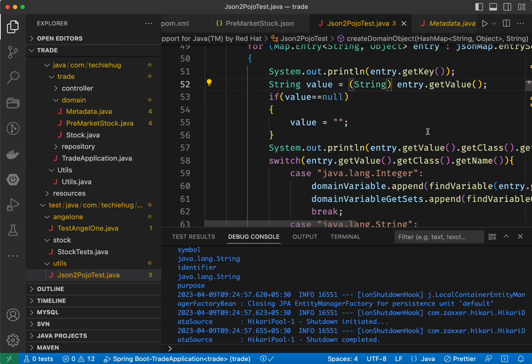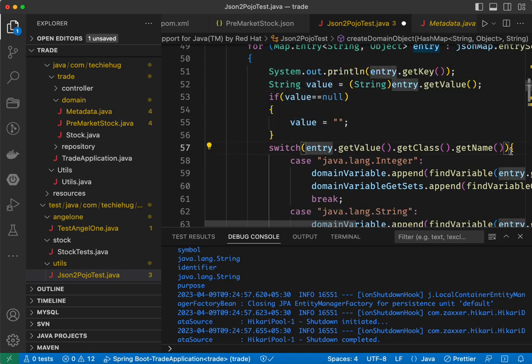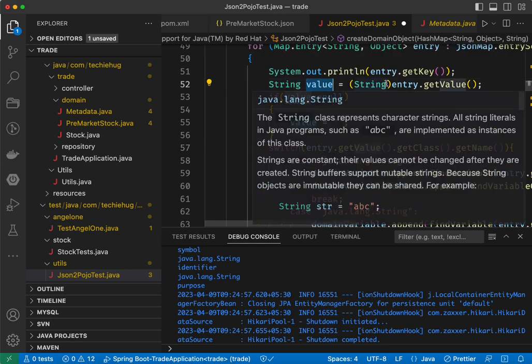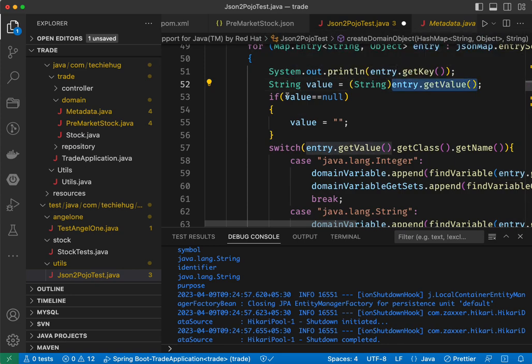Okay, let's cast this as a string. String can hold the null value, right? Okay, now in this switch case, what we can do... oh, okay, it's wrong, right? The problem is we are changing every value here. Okay, so here, if the entry dot get equals null, right? What we can do,